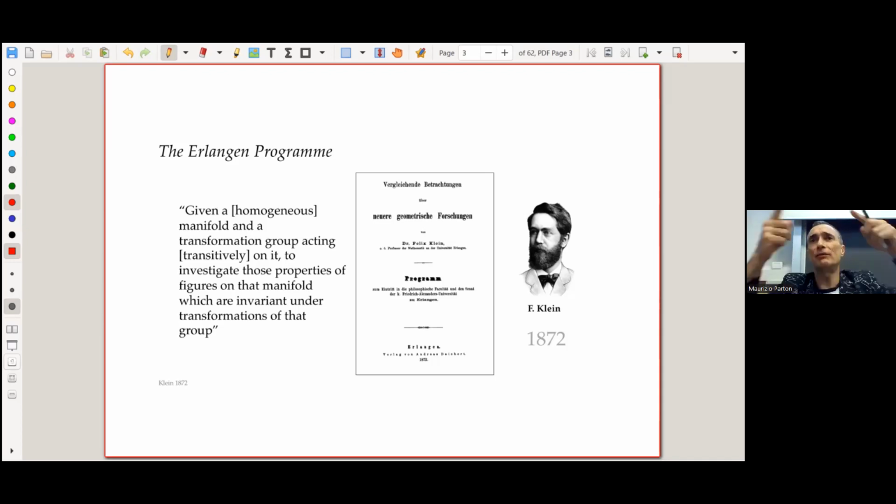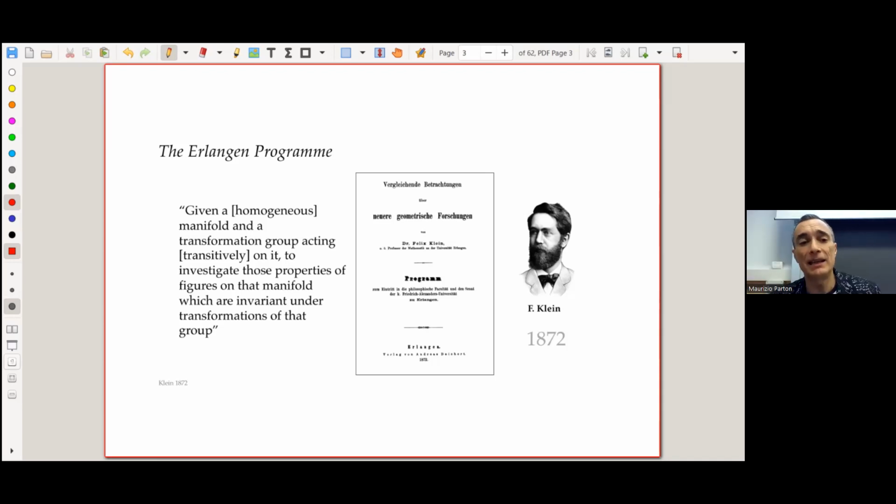You understand? If I am only interested in counting the intersection of lines, these two lines that I'm showing, I don't know, is it appearing on the camera? Oh, this is so difficult. Okay, if I move my fingers, I'm changing lines, but the point of intersection is always the same. So from the point of view of studying the intersection of these two lines, all these configurations are the same. But of course, these lines are different from what point of view? From the point of view of slope, from the point of view of other things. Okay, so with this observation,